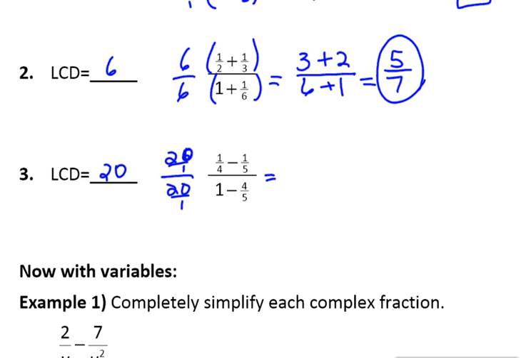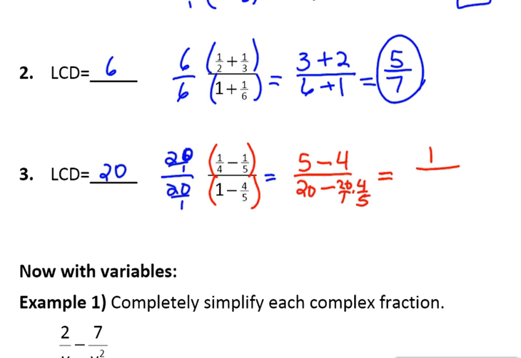And when I multiply it times my numerator, I'm going to get 24ths, which is 5, minus 25ths, which is 4, divided by, multiply it times my denominator, distribute, so I get 20, minus, this next one I'm coming up with 20 over 1 times 4/5. So I got 5 minus 4 up here, which is 1, divided by 20 minus, here you can see